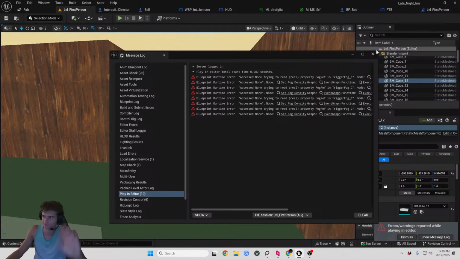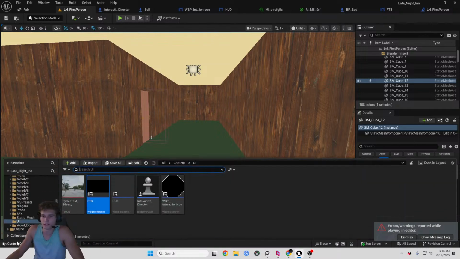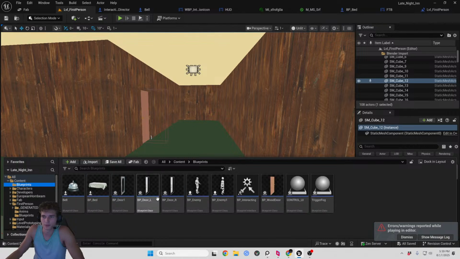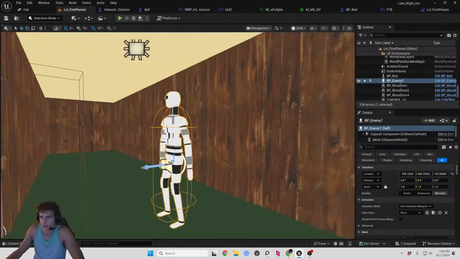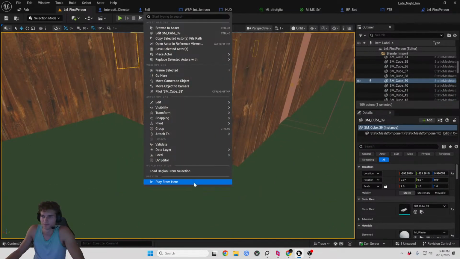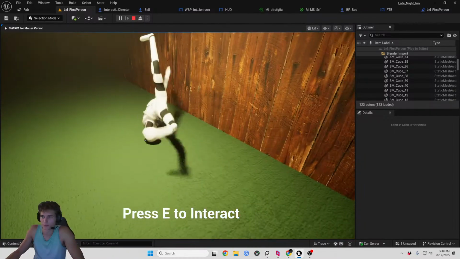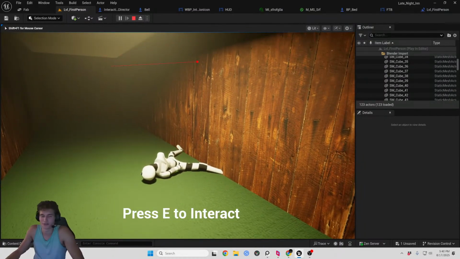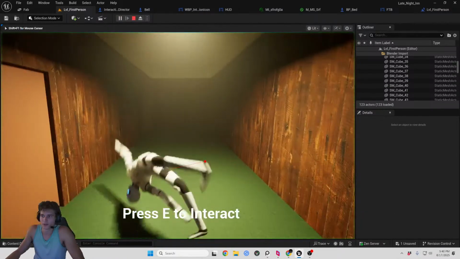So this is basically a mystery game. But I do want there to be combat. So I created these dudes. The model needs improvement, but I have these guys here that you can punch and knock over. That's pretty fun. So basically, I don't know if I wanted this to be like a stealth game, but